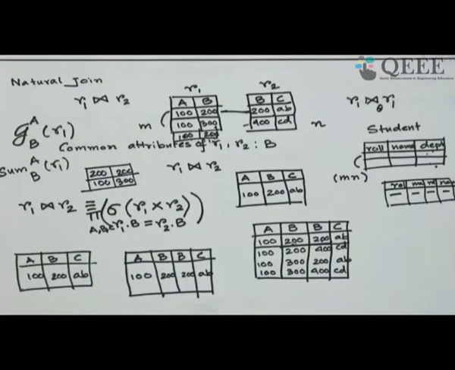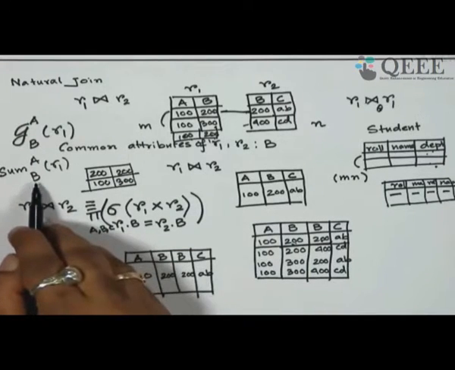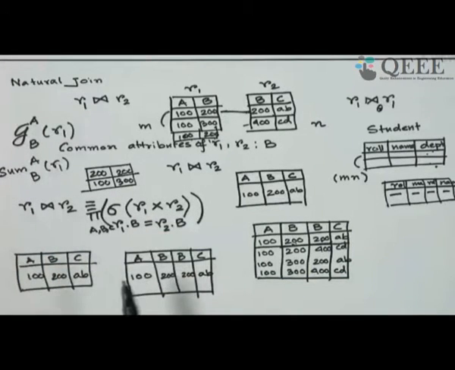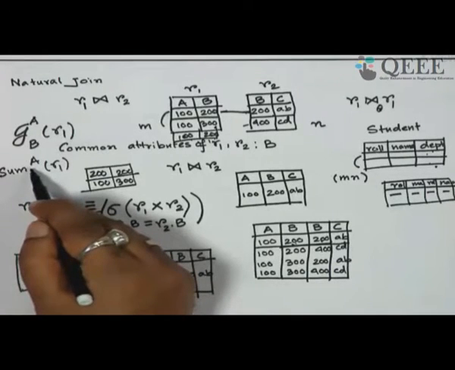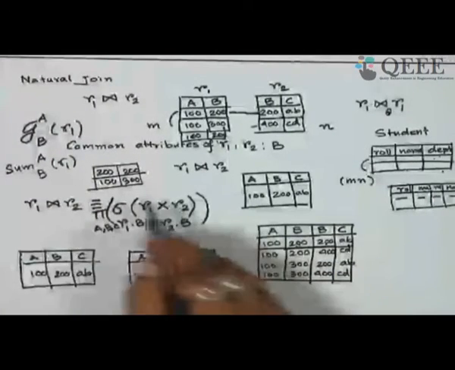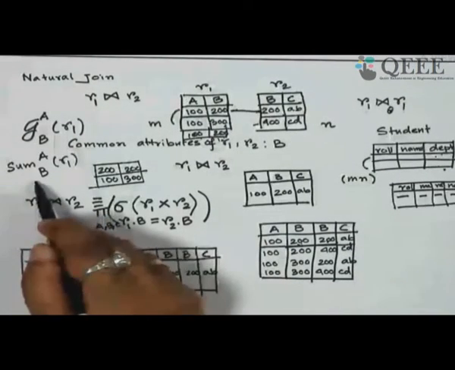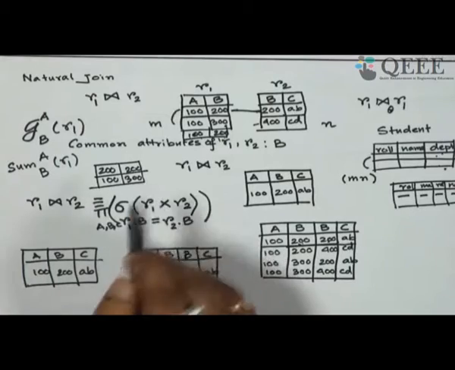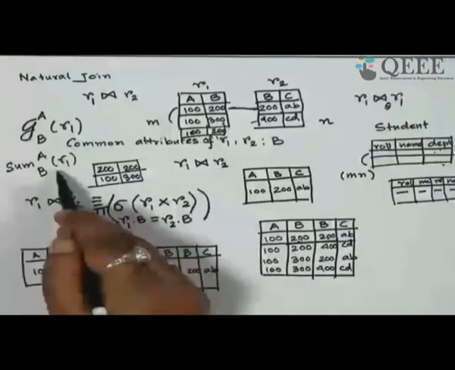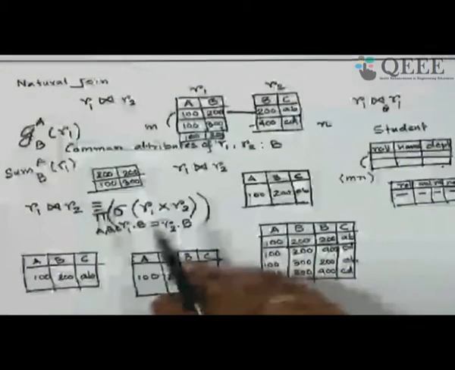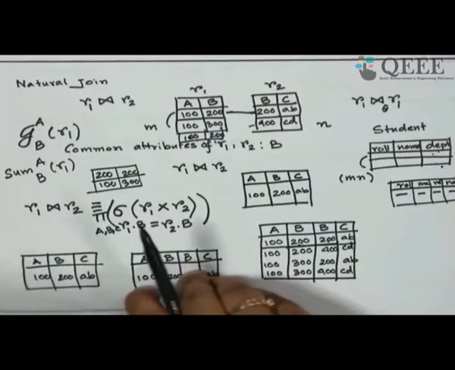Okay. So what you do is first group by B, take all the tuples having the same value of B, so make them into groups of rows. For each group of rows, we find the sum of values of the attribute A. How do you put that? Sum first, then the B value, distinct values of B. Then this table is the output of this extended operator. I hope that answers your question.